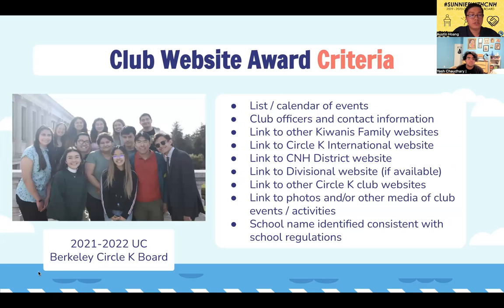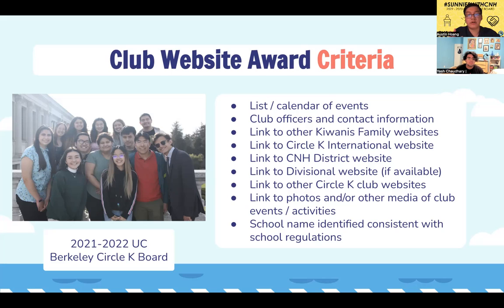And so here's just a quick overview of the criteria that will be looked for in the Outstanding Club Website Award. So first off, do you have a list and calendar of events that members can view, and that's also continuously updated in case a member ever wants to come out to an event? Of course, it's important to have your club officers and your contact information, probably in the about section of the club website. And also